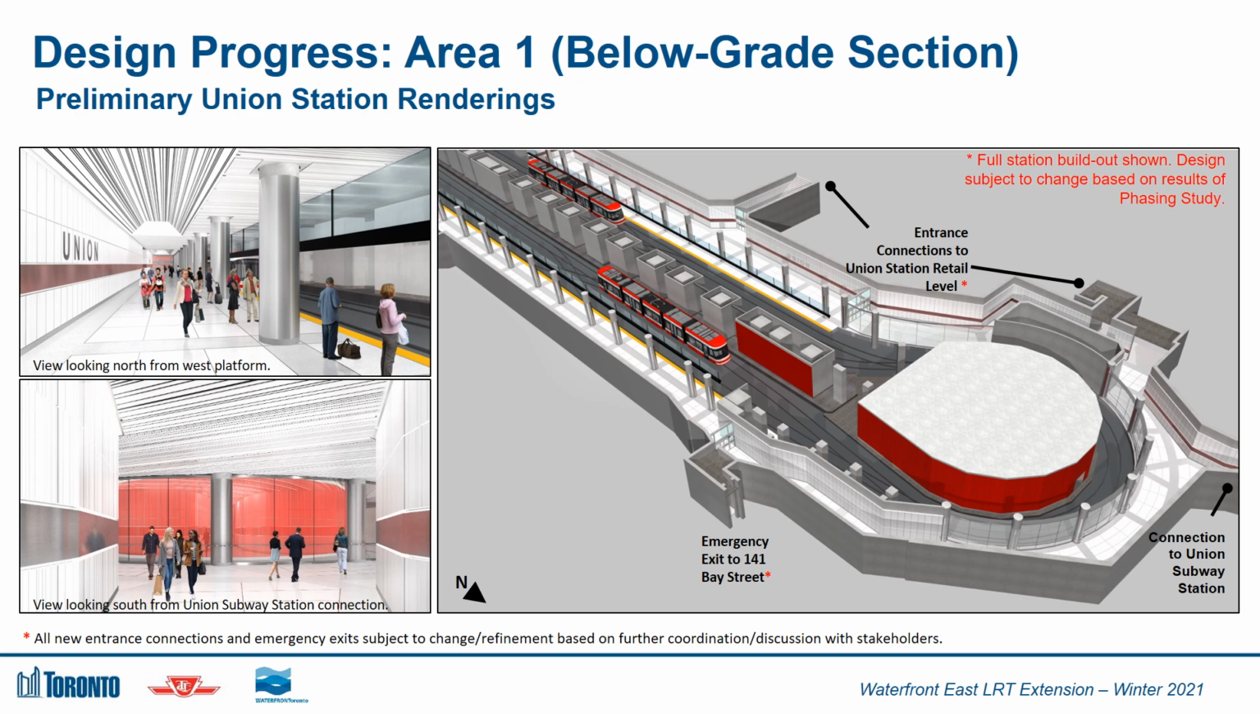This slide shows some preliminary renderings for Union Station, reflecting the full station build-out condition. The main image on the right focuses on the northern half of the expanded Union Station, which illustrates that the existing connection to the Union Subway Station will be maintained. We also have the proposed entrance connections to the Union Station retail level from the west side. On the east side, the image shows emergency exit to the basement level of the proposed development at 141 Bay